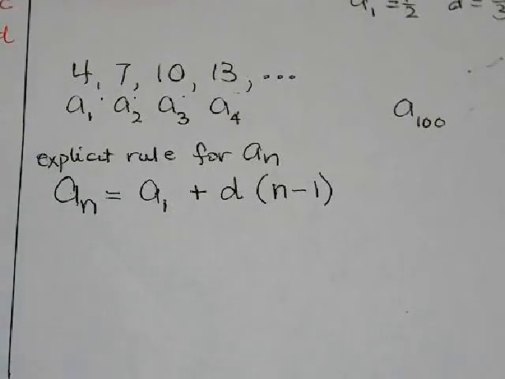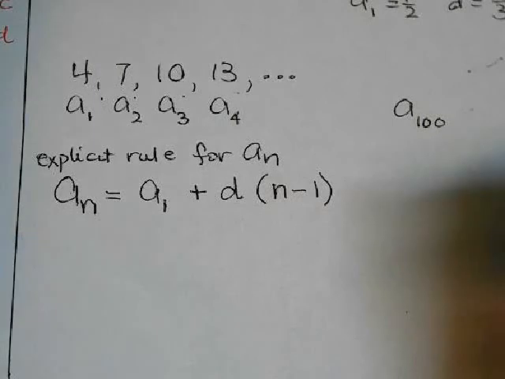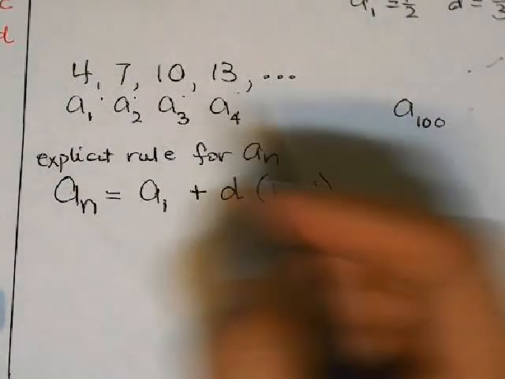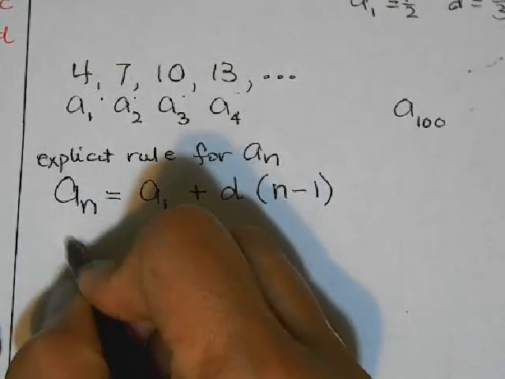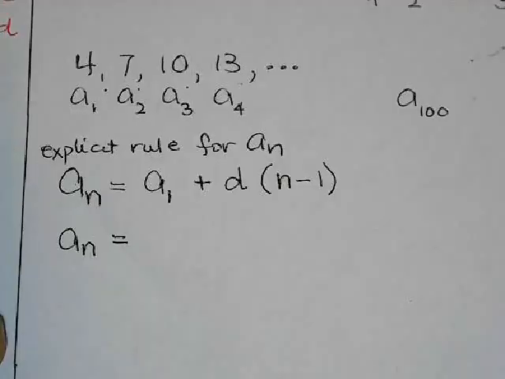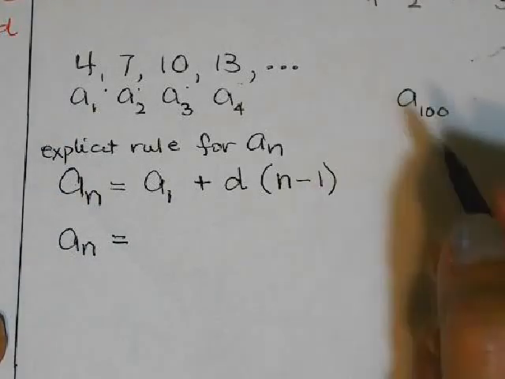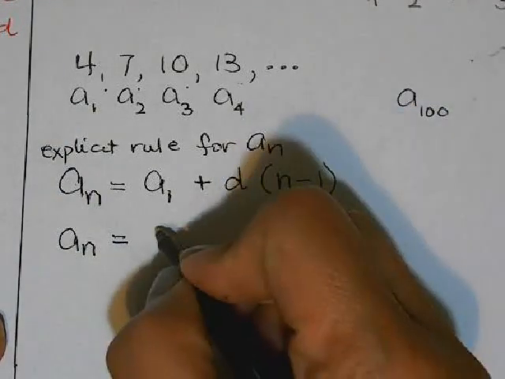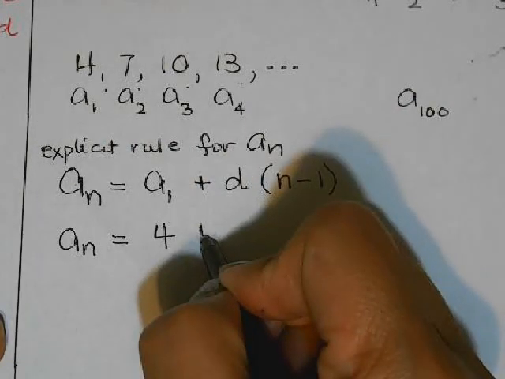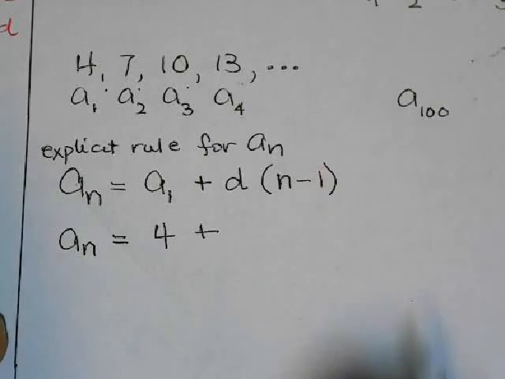So how will that go for this one here? To find the 100th term, this is what you do. First you have to solve for a sub n. For this example, any term, this is not yet the 100th term, is equal to a sub 1, which is 4, plus d,